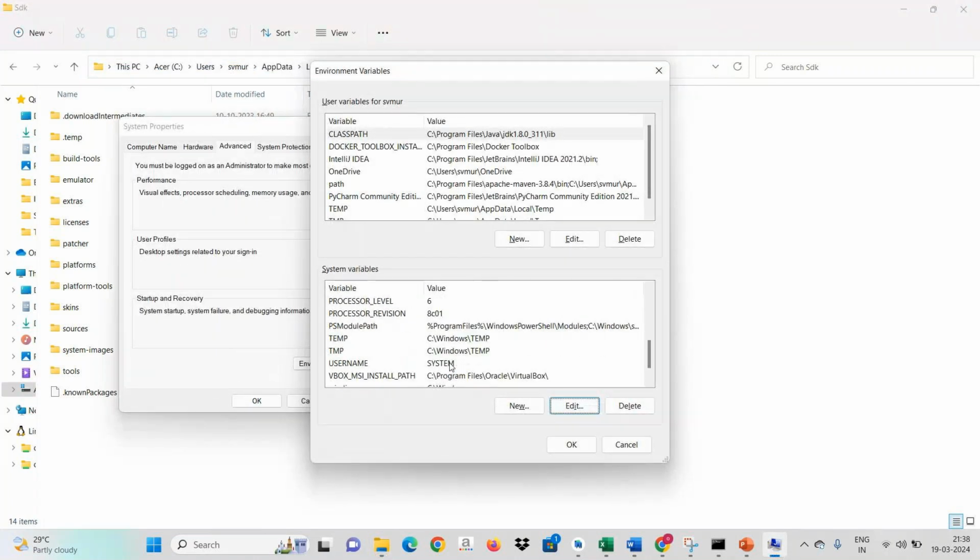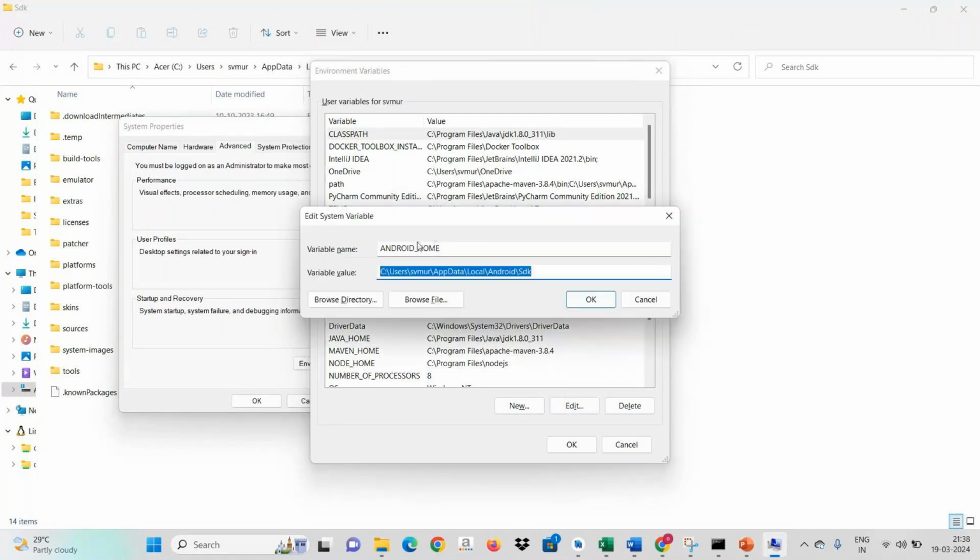In environment variables, give the variable name as ANDROID_HOME and give this path. Okay. Then once you have loaded the Android SDK,